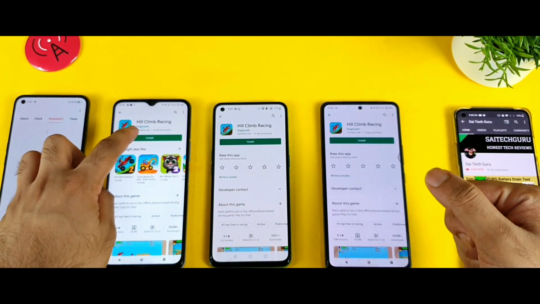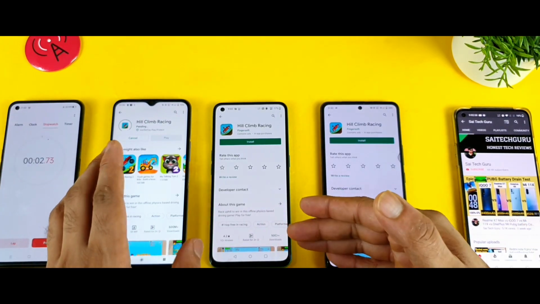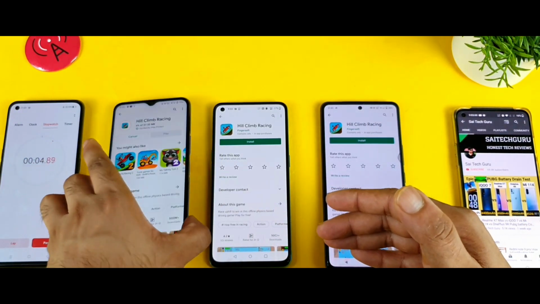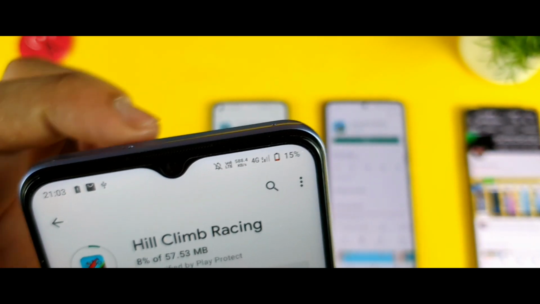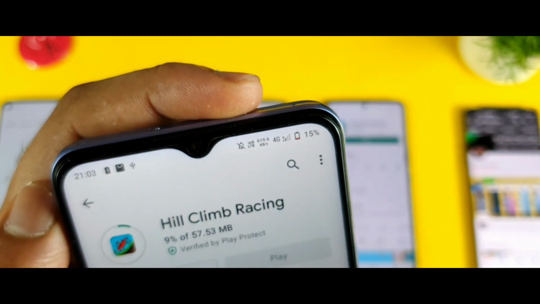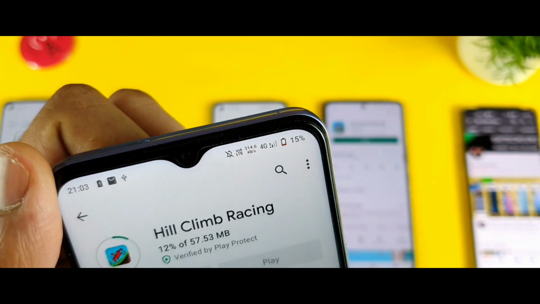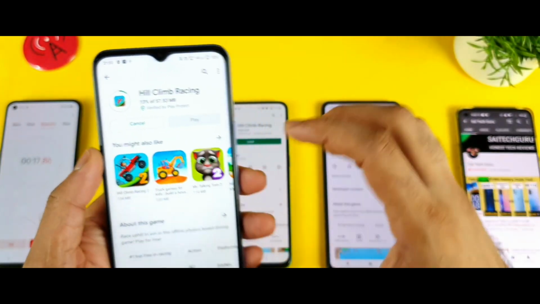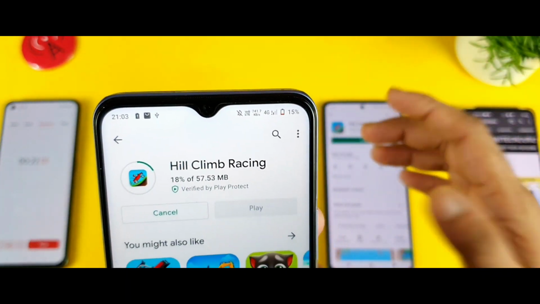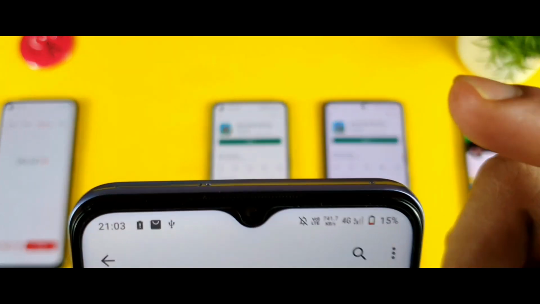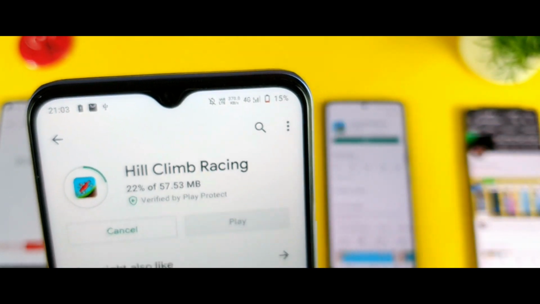So first let me try to do the test in the iQOO Z3. Let's see how much time the iQOO Z3 will take to completely download and install this kind of game. That is what I'm going to see, and I'll try to show you the speeds as well. So before we got close to 200 and 300 Mbps, but now 200 kbps, and now we are getting 600 kbps sometimes. If you try to do this kind of individual testing, you will be able to see a huge improvement in terms of the speeds. That is the reason I thought of adding this test. Now you're getting 700 kbps as well, 500 kbps.